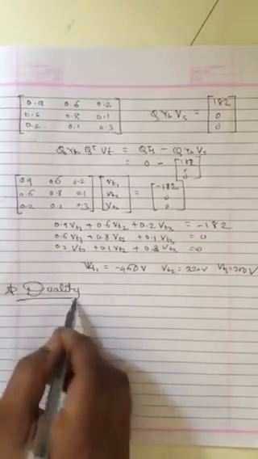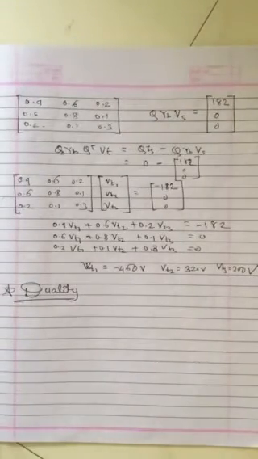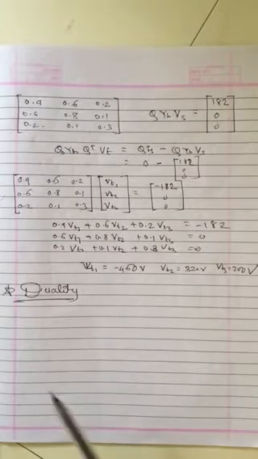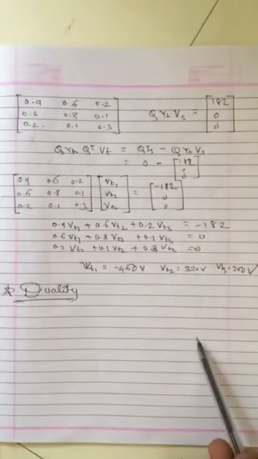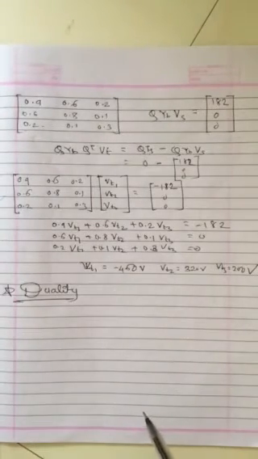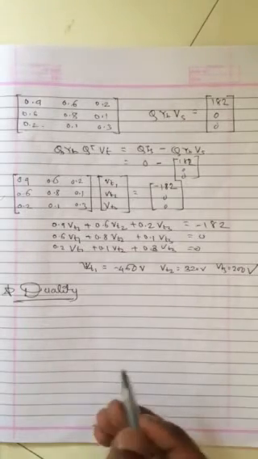Okay, so when can one network be called a dual of another? The networks are said to be dual of each other when the mesh equation of one network is the same as the node equation of the other network. Are you getting what I am saying? When the mesh equation of one network is exactly the same as the node equation of another, they are called duals of each other. Okay, so when you are asked to find the dual of any network, we have to convert its elements into exactly opposite elements. Means,